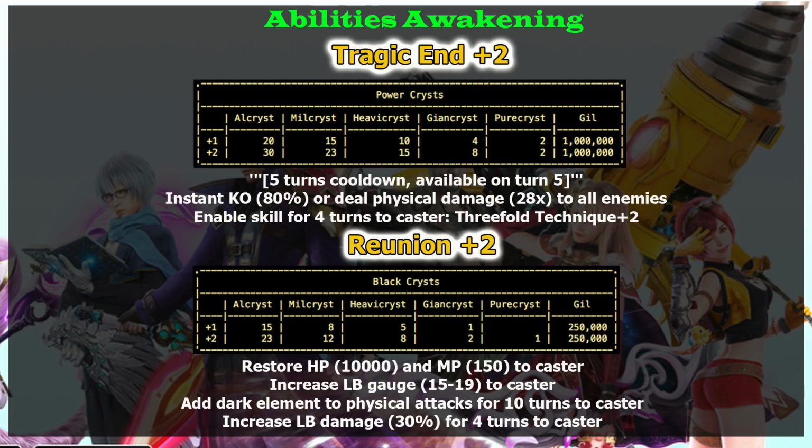Okay, and finally the last, Reunion +2. This one is kinda useless. That's why the upgrade cost is kinda cheap. This is not useless, okay, forgive me. But I think the only thing you want to get from this skill is the dark element imbued to yourself, okay? The MP and health recovery is nice, but the LB gauge fill and increased LB damage maybe not that